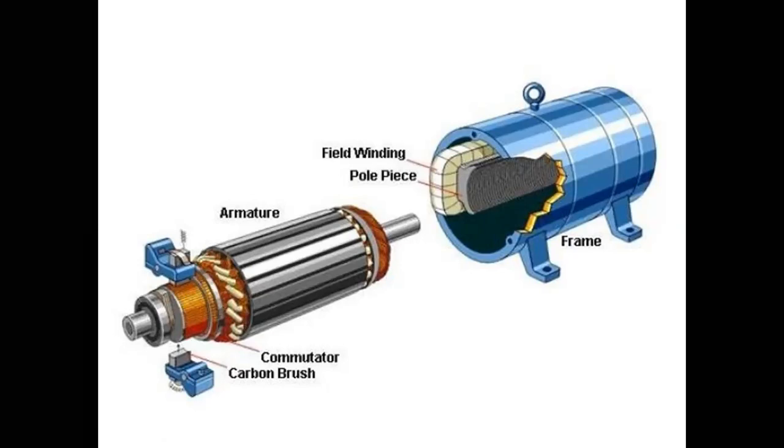So brushes rest on that surface of commutator where we are connecting these brushes, and these brushes are kept pressed on the commutator with the help of spring. If you see here, we are connecting these brushes to this commutator by using the spring. And this copper-colored part that is visible, we are saying it is working as a commutator. So here, if you see again, we are using the field winding with the pole.